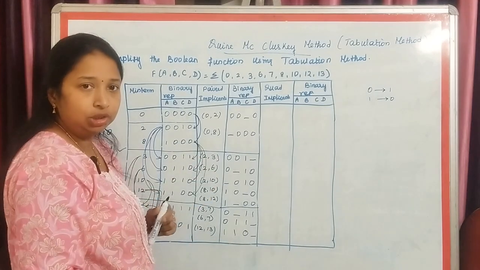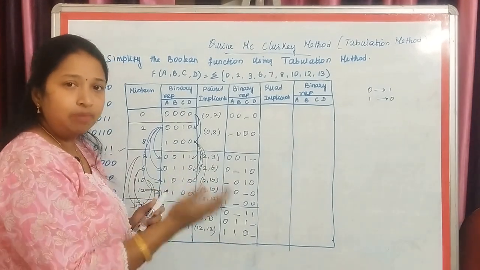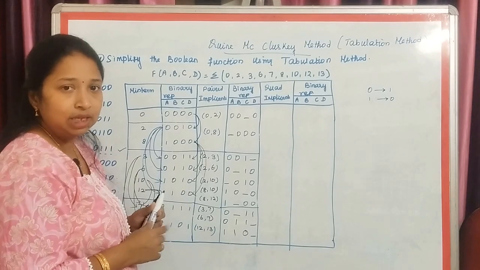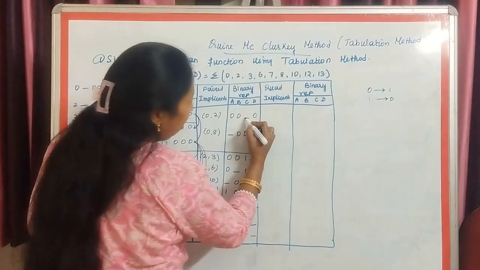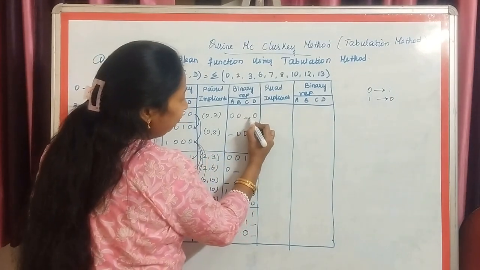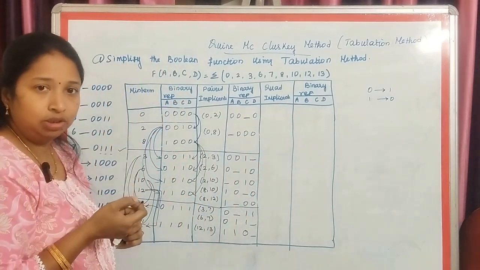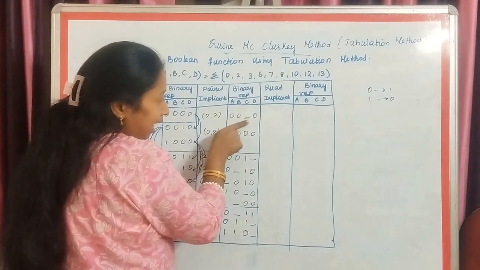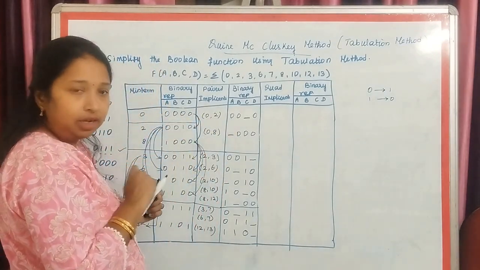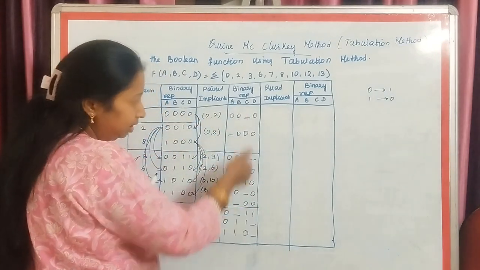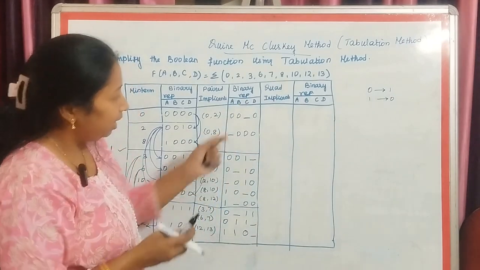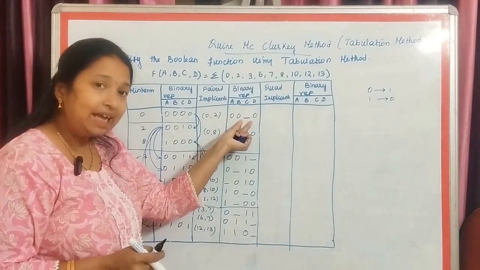This is the normal procedure. But I'll give you some shortcuts so that it will be easy for you to solve during your exams. Clear? Now, how do you do that? Identify where you have a dash in which particular position. Fine. Here you have found a dash in the third position. Right? Now check on the other remaining numbers and see where you have got a dash in that exact same